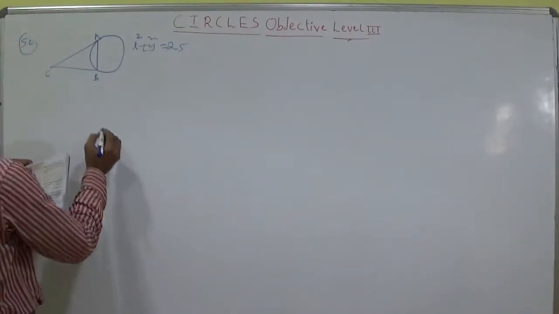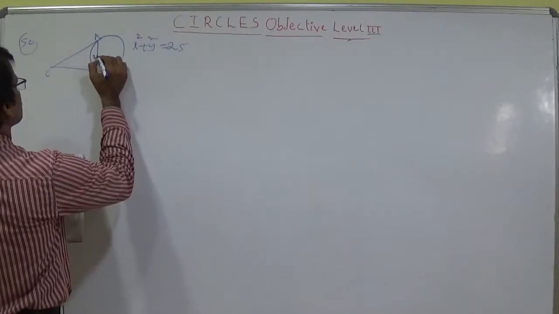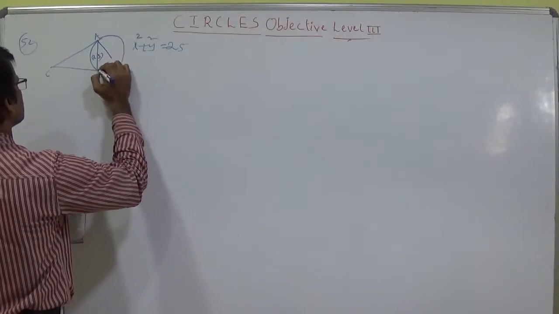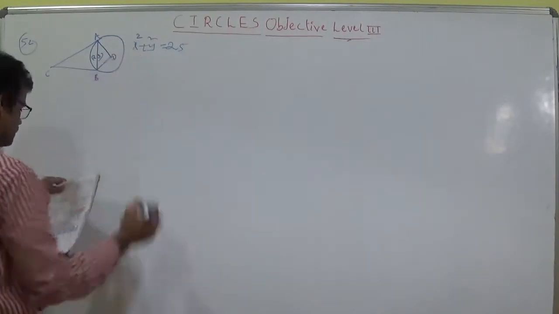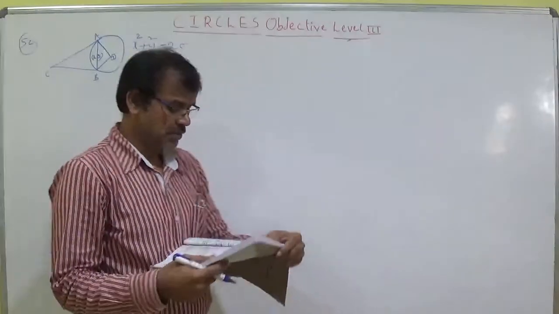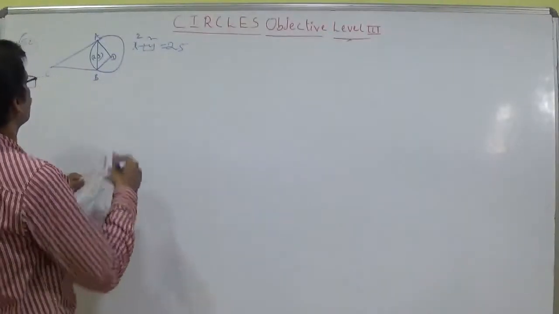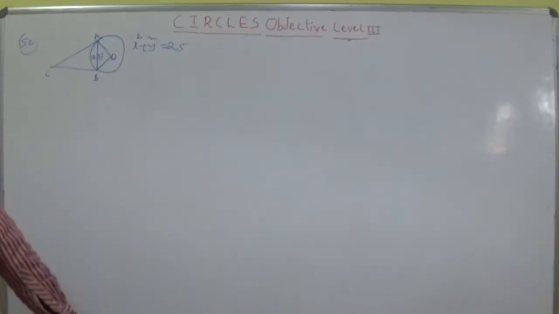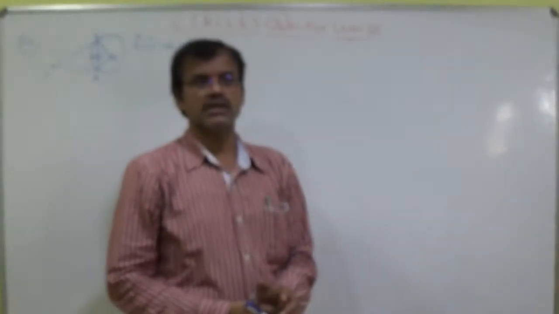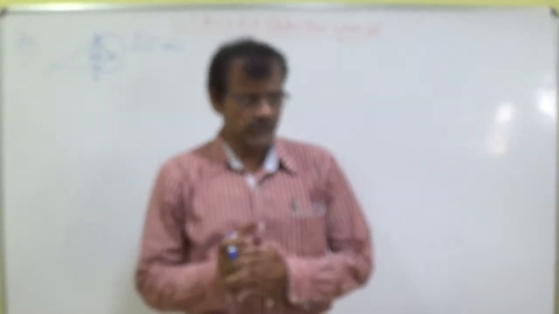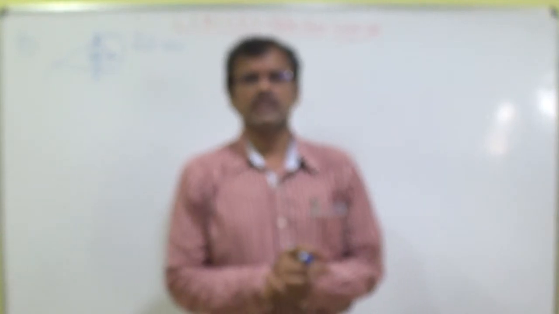If (2, 3) is the midpoint of chord AB, put here this is (2, 3), then find the area of quadrilateral OACB. This is O. Plenty of times we discussed that the area of such a quadrilateral is R into root S11. R is equal to the radius of the given circle and root S11 is the length of tangent from the external point to the given circle.